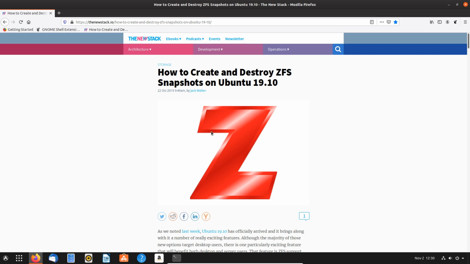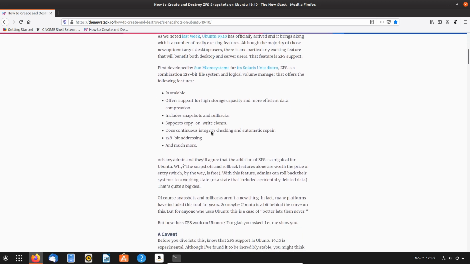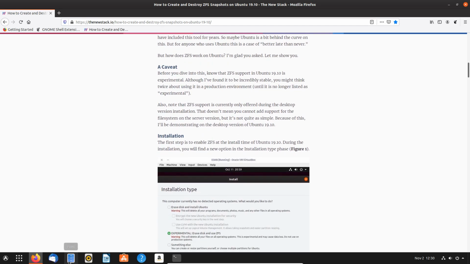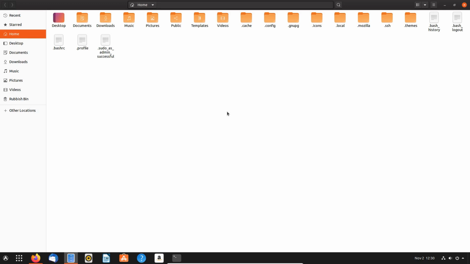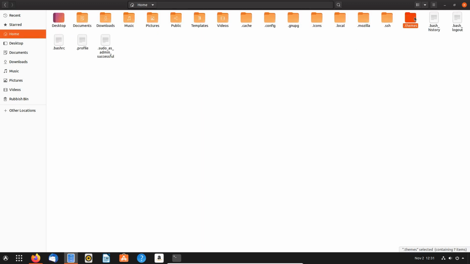All right. So let's get on with the snapshots. What we're going to do here is take a snapshot of the system. What we've done so far is I've set up the system in this VirtualBox the same as I had the real hardware. I've got my icons, I've got my themes